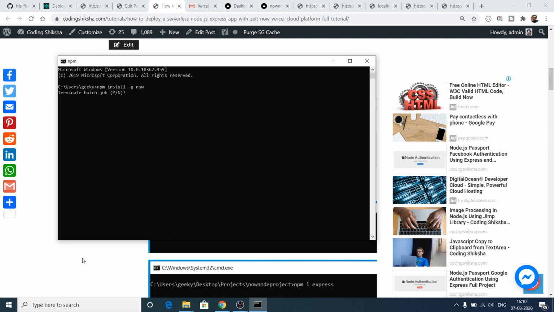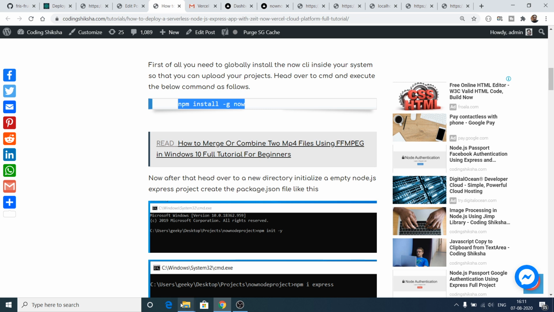I have already done that, so I will not do this. npm install -g now. One other dependency that you need to install, which is not mandatory but you can do it, is npm install -g vercel. Also install this dependency globally.